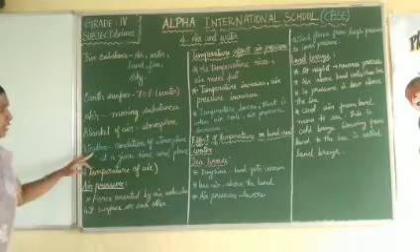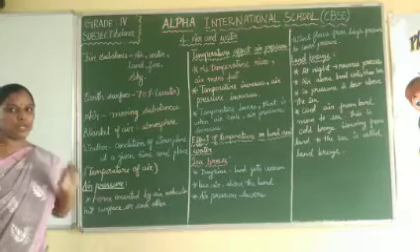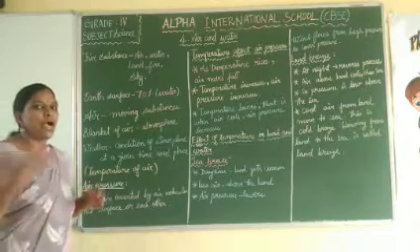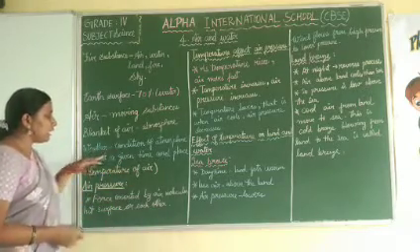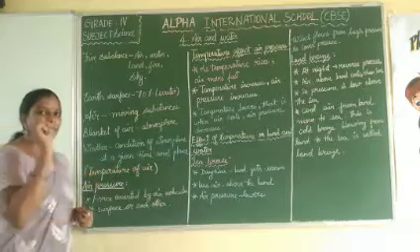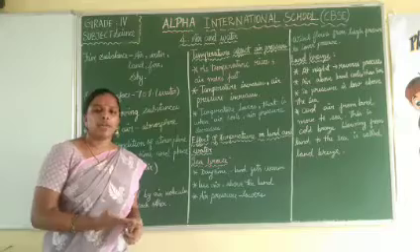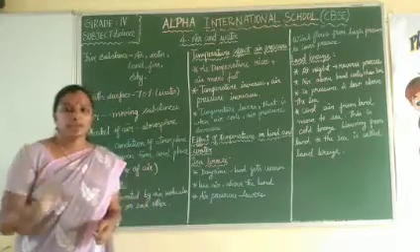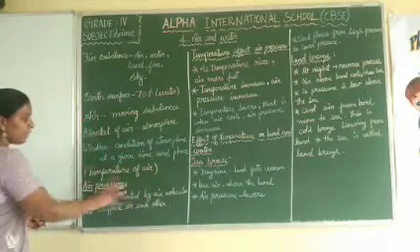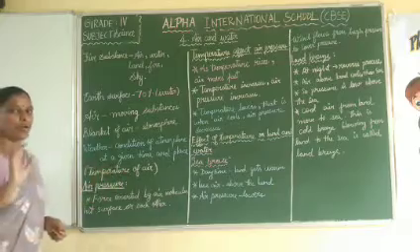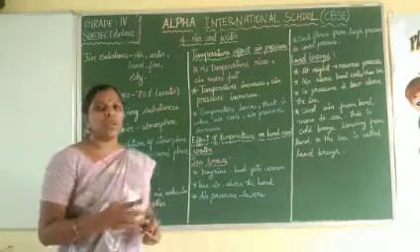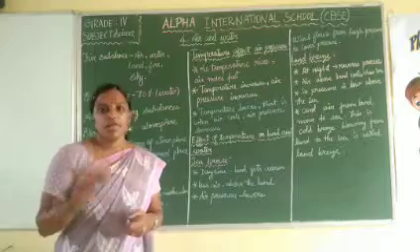So what is weather? Weather is the condition of the atmosphere at a given time and place. In a particular time and a particular place, you can know the condition of the atmosphere, and that is known as weather. It is fully based on the temperature of the air. On the basis of the temperature of the air only, you can find out the weather.